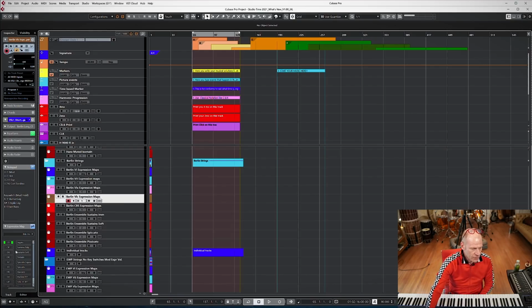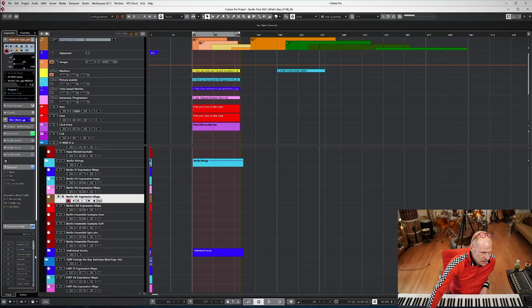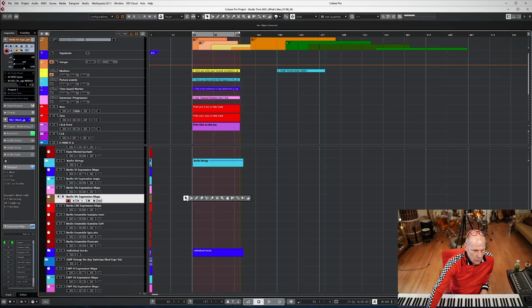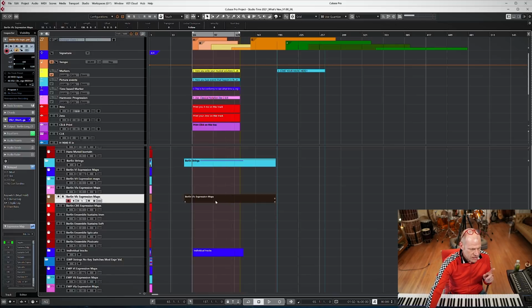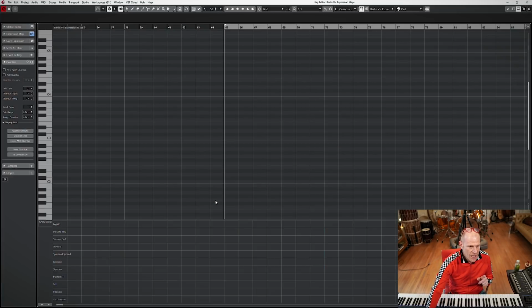So if we look to the left here, expression map, that it's open, you can see all the expressions that are available currently for this instrument. And when you open up a MIDI part, you can program them. And you're also going to see something very interesting too, which I am now going to show here. And that is,